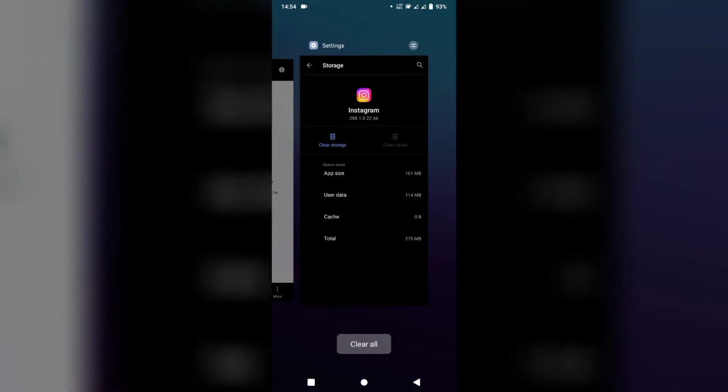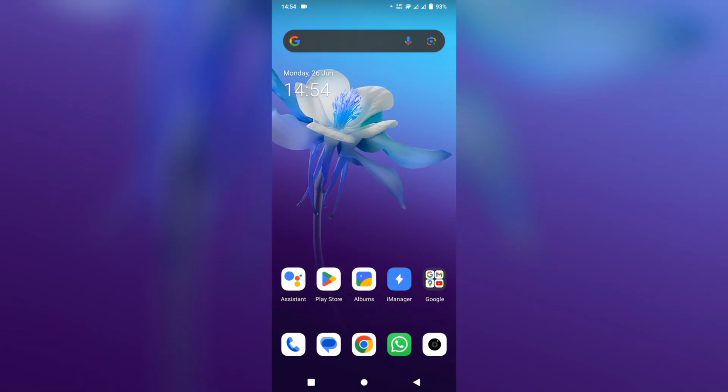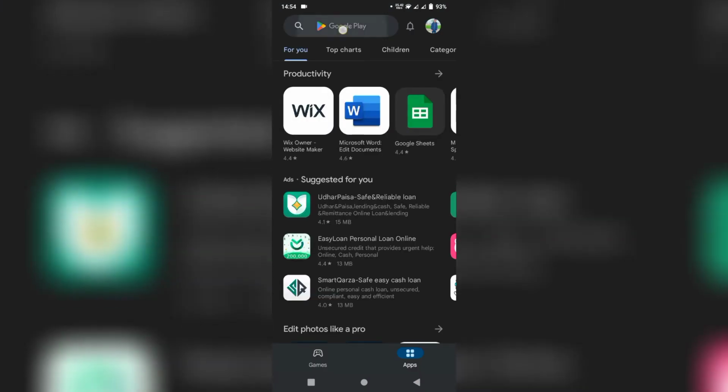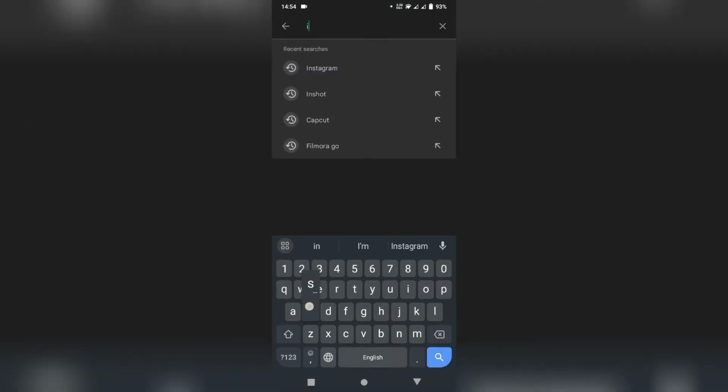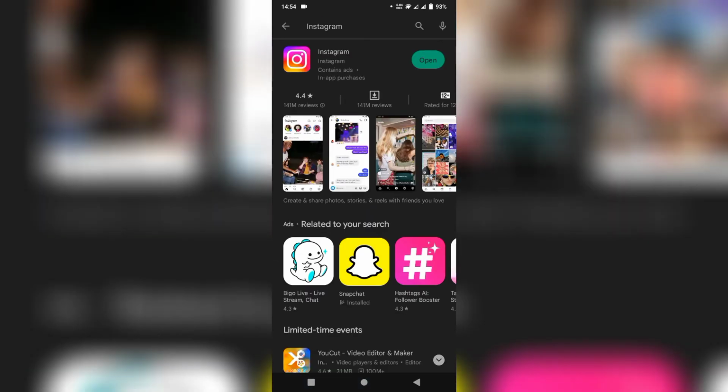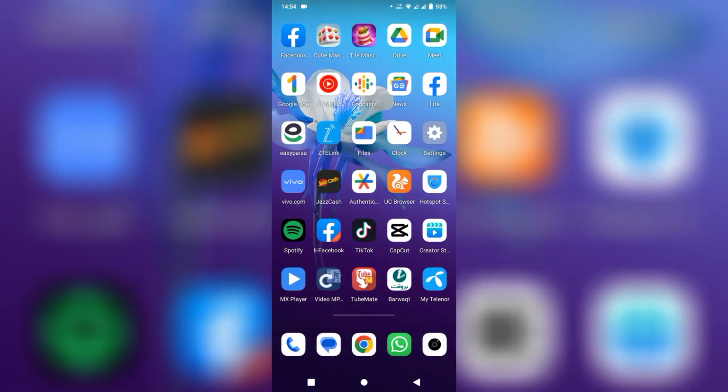So after this go back and open your Play Store and search here Instagram. And make sure that your Instagram app is updated. So if not updated, then you need to update it. So after this go back and open your settings again